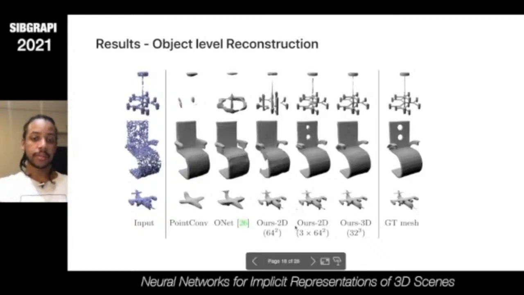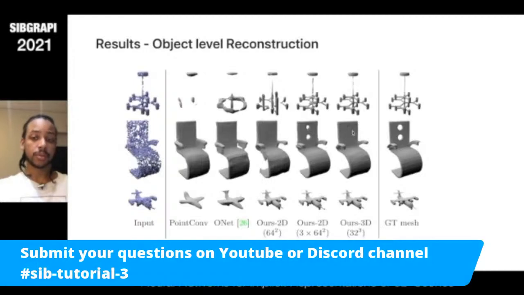So by looking at this image, we can see that fine details are much better here when we look at this object on the top. Although this reconstruction with the volumetric encoder failed to reproduce the correct topology of the chair. So the holes are present here with the multiplane approach, but they are not present here with the volumetric